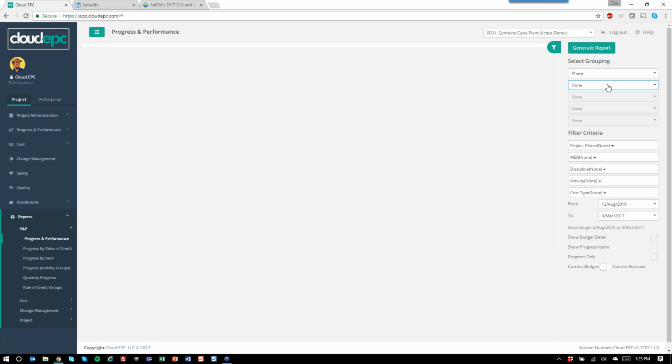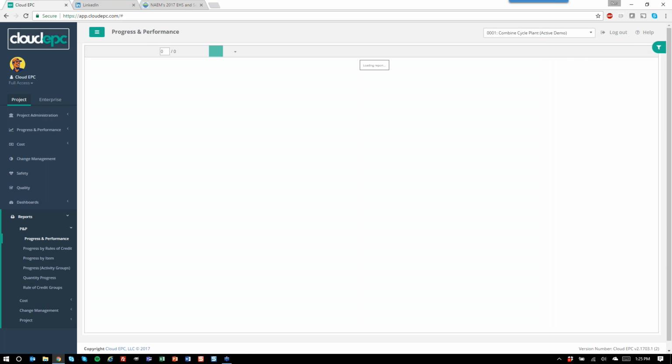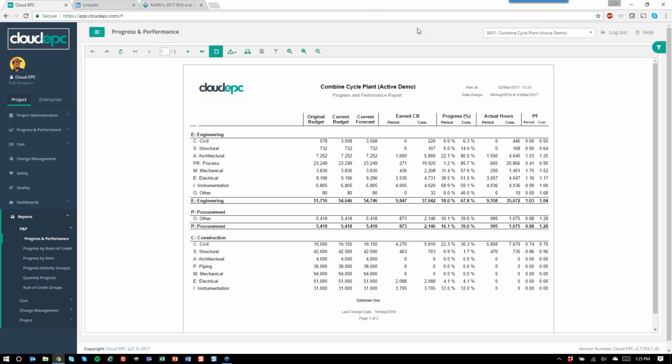So in this case, let's say I want to run my report by phase, and then I want to see it by discipline, and I'll keep, for all intents and purposes, the rest of the filter criteria the same that you're seeing here. Our reports generate on the fly, so we pull from our live data set, so you can quickly create reports from your own data on the fly without having to worry about pushing it out to Excel. You can see here we got the phase engineering, for example, and then all the disciplines underneath it, and then the aggregated subtotals accordingly.